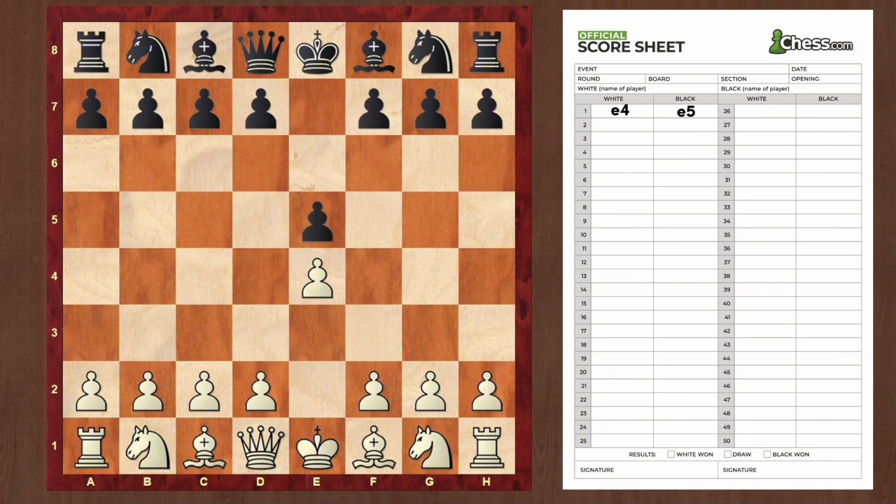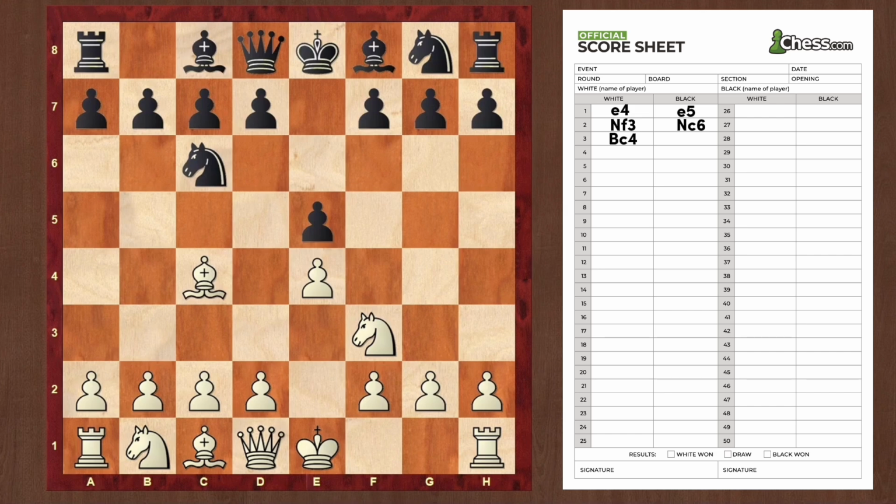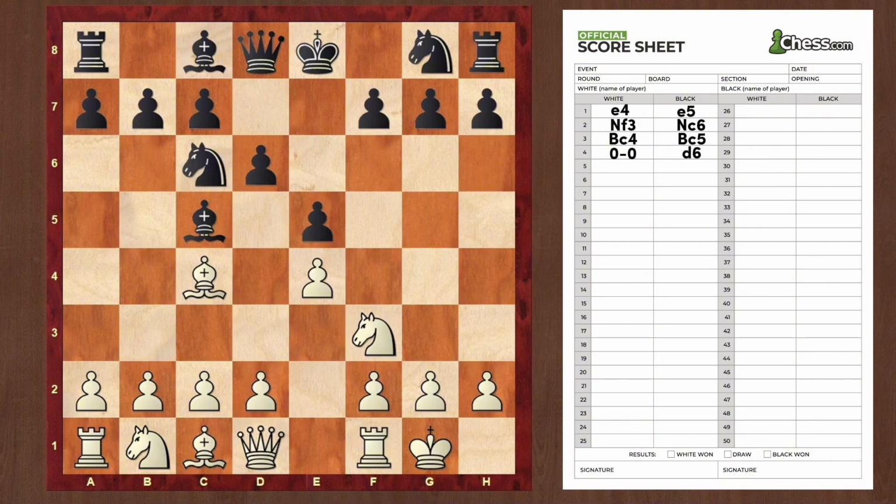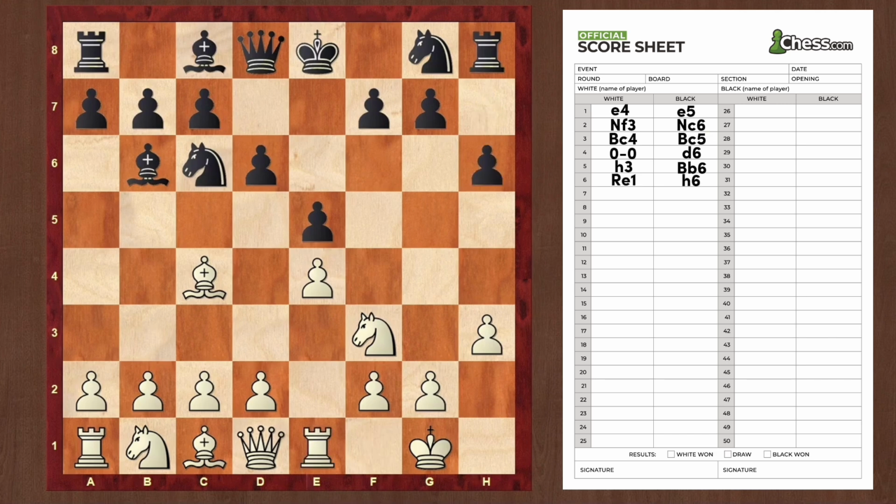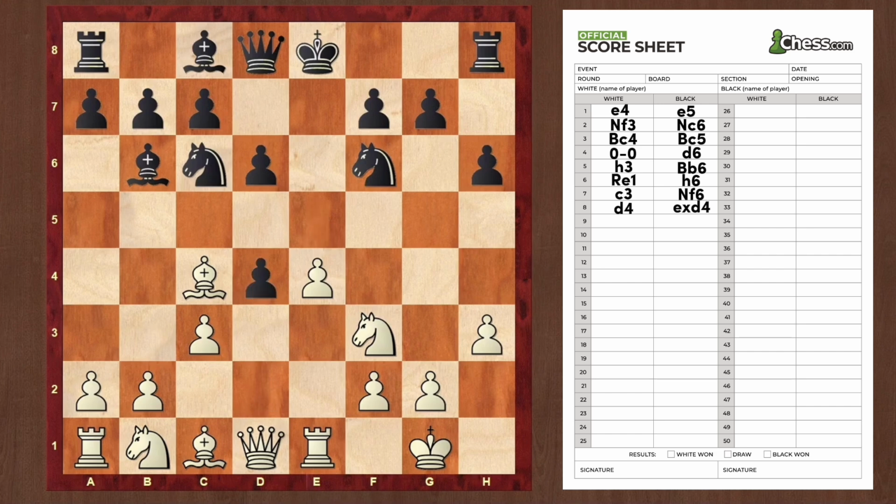My opponent played e5. I went knight f3, knight c6, bishop c4, bishop to c5, castles on the king side, pawn to d6, h3, bishop to b6, rook to e1, h6, c3, knight to f6, d4, e takes d4, c takes d4,